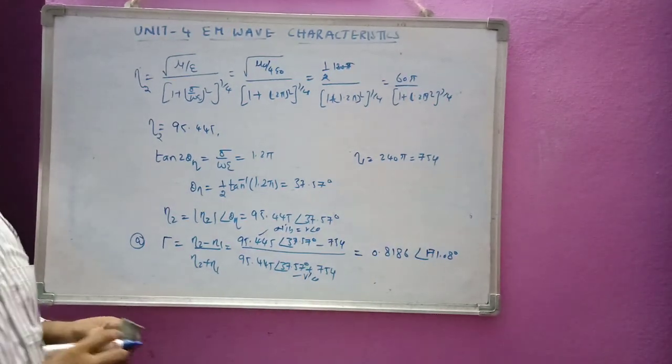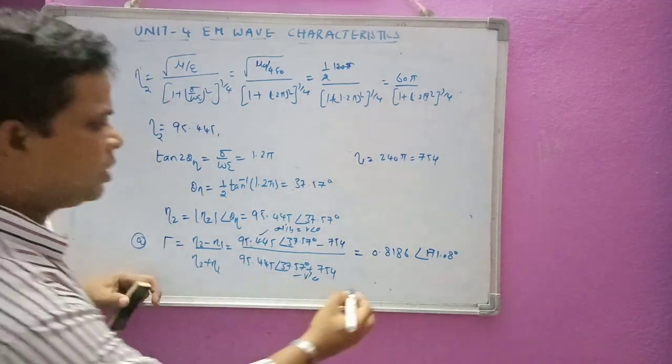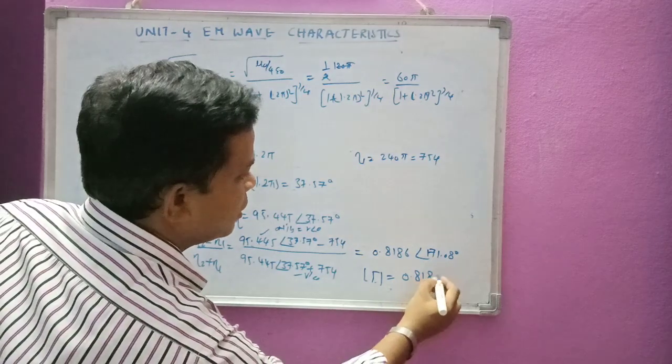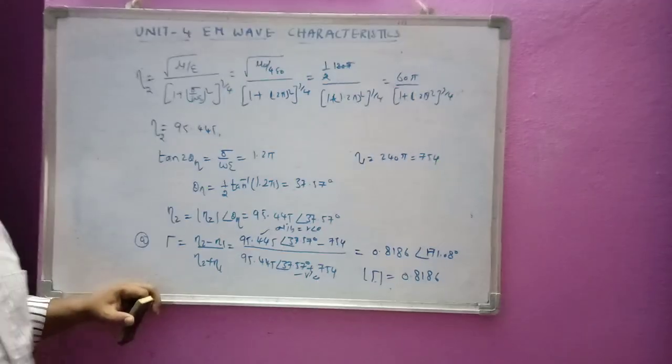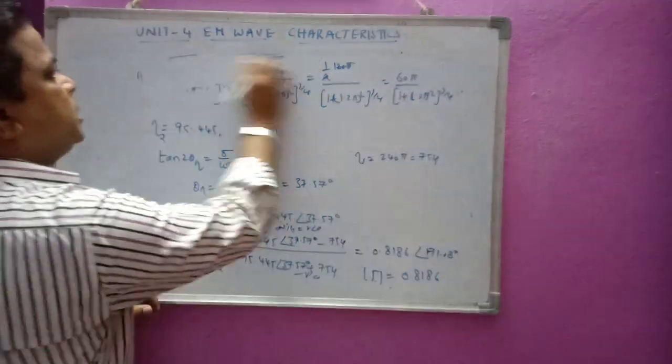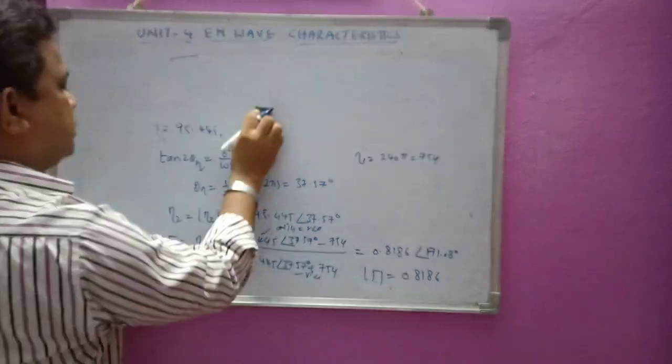And similarly we have got this one. Now from this, mod gamma will be equivalent to this one, 0.8186, and the angle here is this one, okay, mod gamma value here. Now next we will go for the tau calculation. So we have got